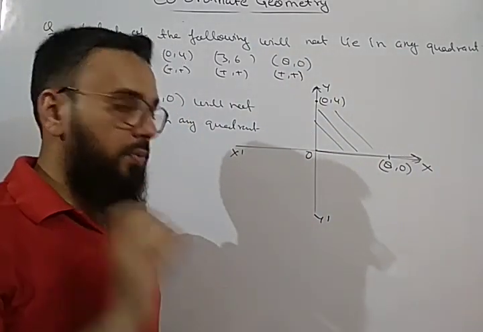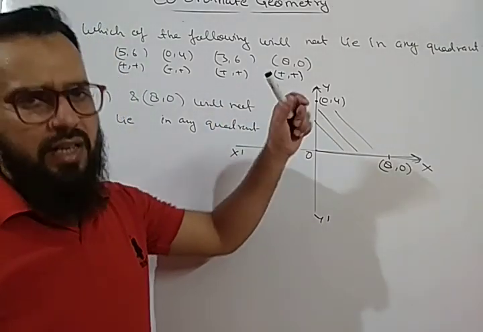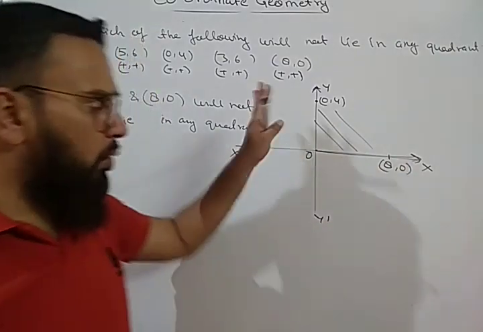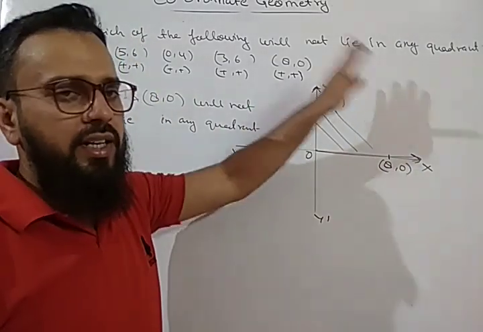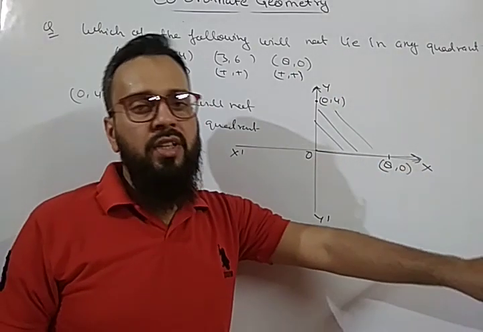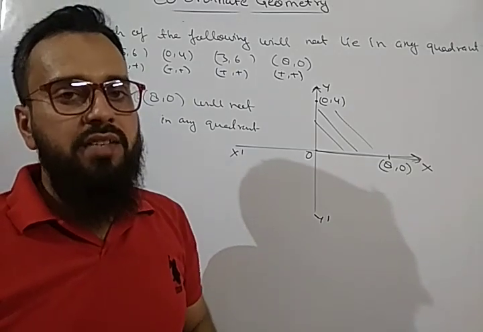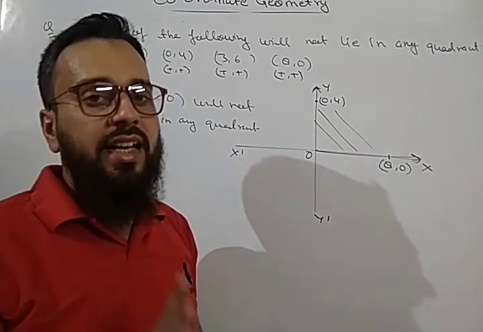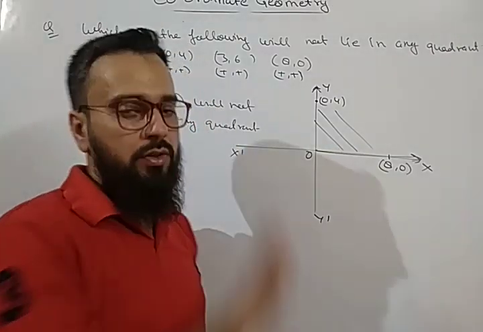Okay, so don't be confused. We solved one more question earlier where we took 0 as being in the quadrant, but it will be more convenient to take it this way: if you are given 0 comma any number or any number comma 0, then that particular point will not lie in any quadrant. It will lie on either the x-axis or the y-axis. Okay, so don't get confused in this particular thing.